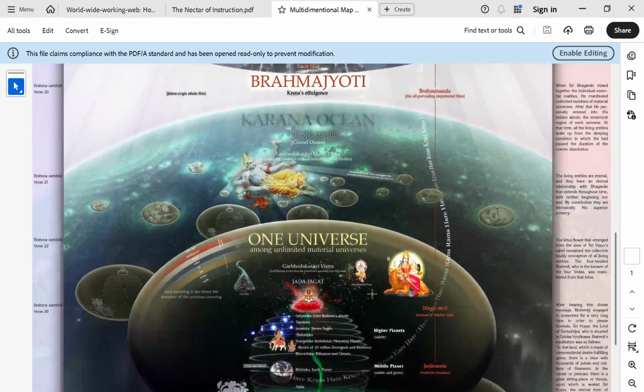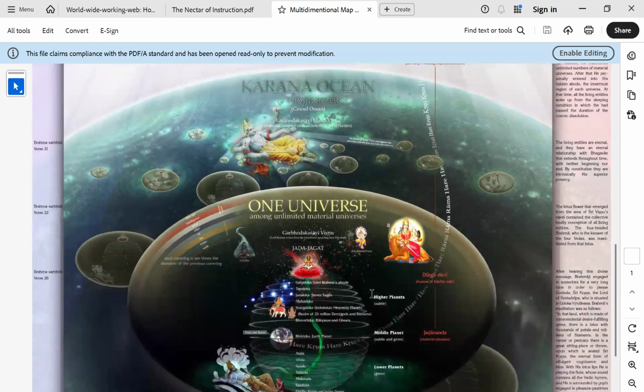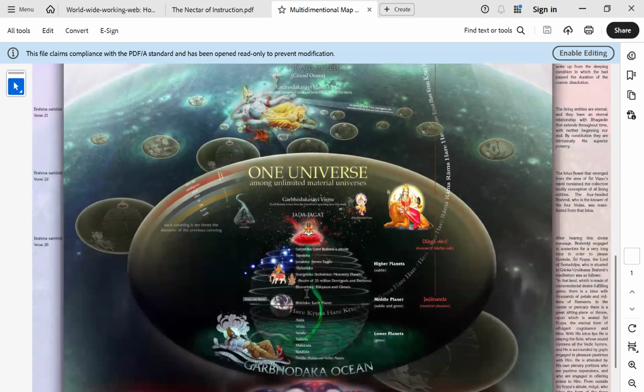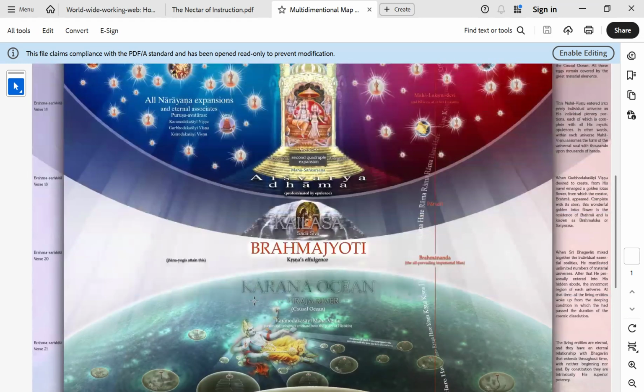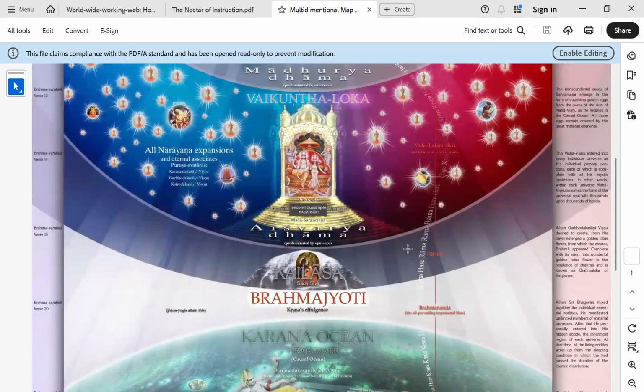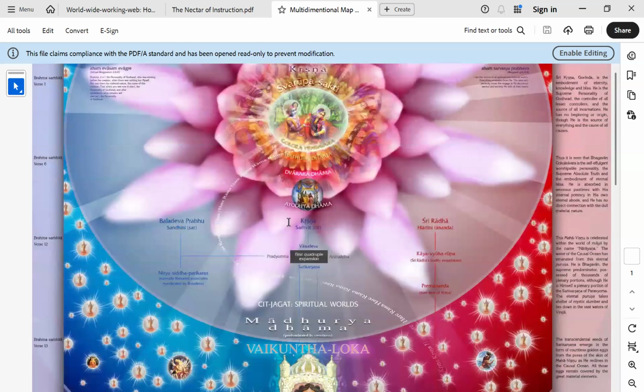But I think we have been asking questions. But one important thing I wanted to show you in this chart, very intelligent, very nicely done. We are here, Bhuloka, and you see the Hare Krishna mantra going here. Can you all see that on the screen? Yes. So there's the Hare Krishna mantra going. You chant, you chant, you chant. Where does the mantra go? It crosses all the boundaries. It crosses this ocean, this place, goes to Vaikuntha, goes up. And what it does is it goes and wraps itself on the feet of Krishna. And then it comes back to you. So when you chant every morning or whenever you chant, you are having a direct connection with Krishna right there